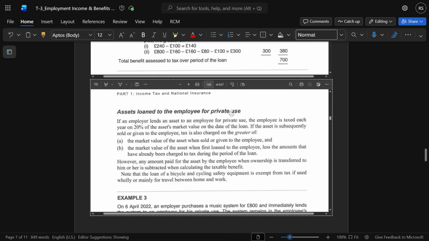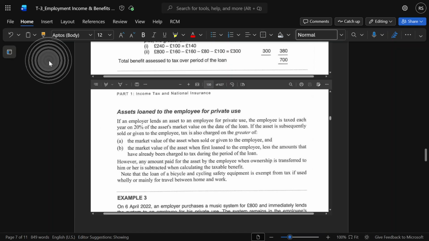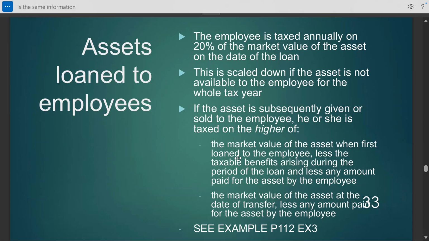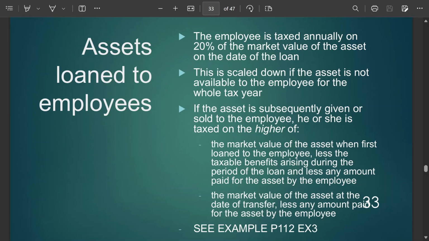The theory is given here. Actually, this should have been screenshotted first and then the example. That's how it appears in the book, but anyway, this is second. So you'll see this is basically whatever they've said here. It's the same information that you have in example 3. The only difference is that in slide 33 they have actually